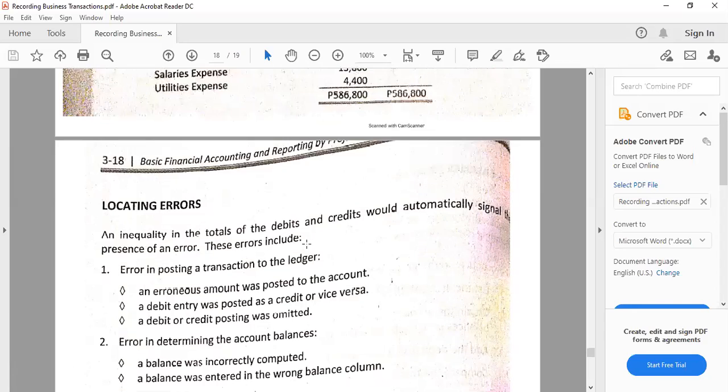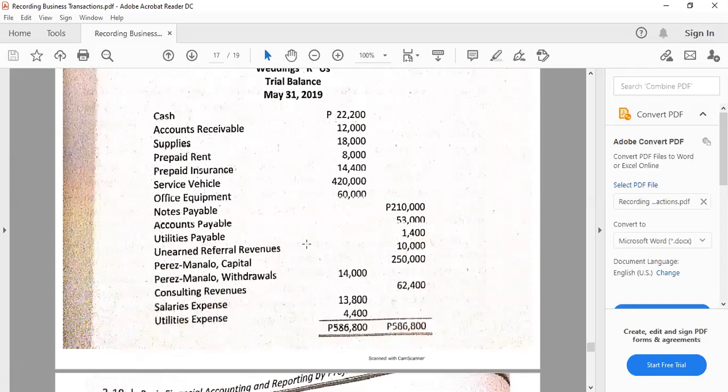Anyhow, let me also continue with this. So let's say, what if we already reviewed, so we looked at the balances in the T accounts, and then we compared them in the trial balance. So we checked cash, it's 22,200, written in the trial balance, correct. And still, we did not get the correct or desired total under the trial balance. So what do we do then?